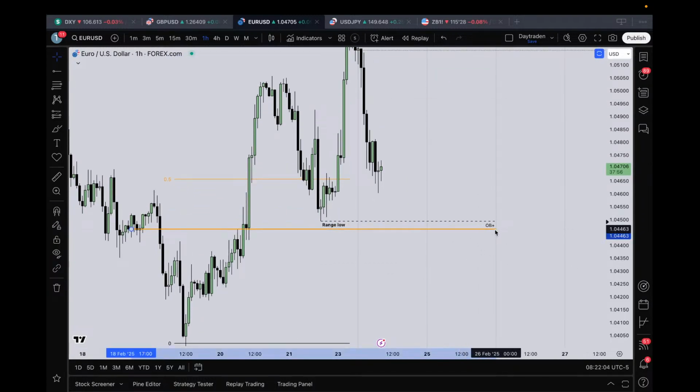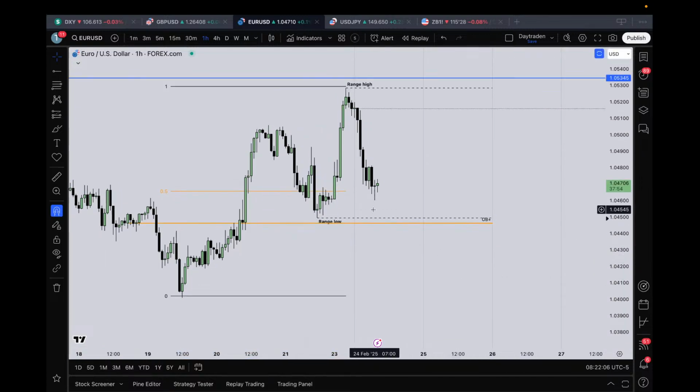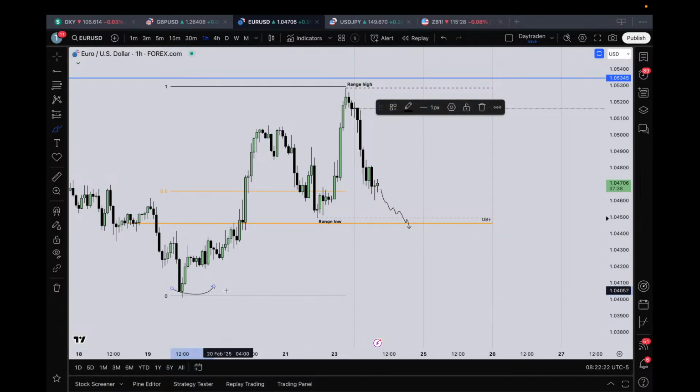So again, what could you do and what could you anticipate over here? First of all, we want to see that move lower, right? So we want to see the move lower. You could trade the turtle soup underneath the sell side liquidity pool here at range low and place limit entries at the order block, with your stop losses below the confirmed low, which should not be violated, and play it towards the opposite side of the range.